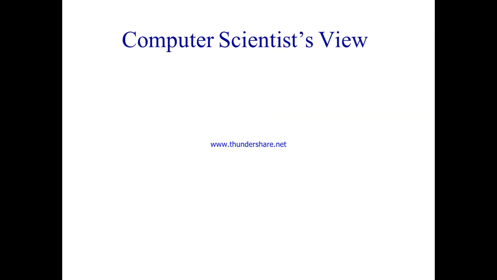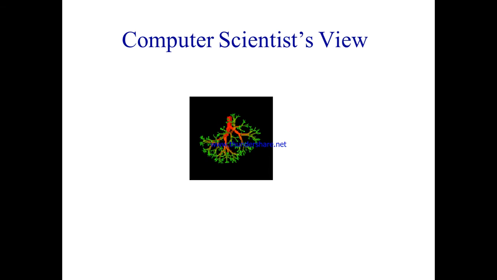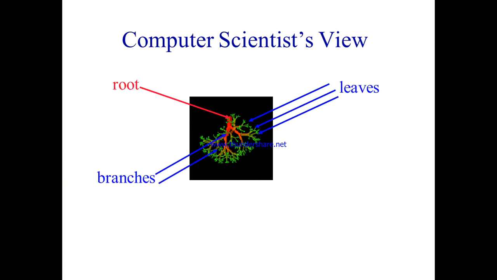But coming to computer science, how are we going to represent a tree? In nature the tree grows from the ground upward, and in computer science we will be reversing it. See here, the picture is reversed. The root will be on the top, then branches, then leaves. In the same way in computer science, the root will be at the top, then the branches, then we'll have leaves. Whatever the intermediate elements are, we are going to represent them as nodes.